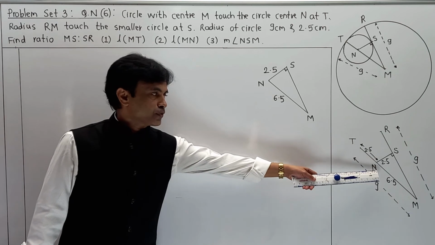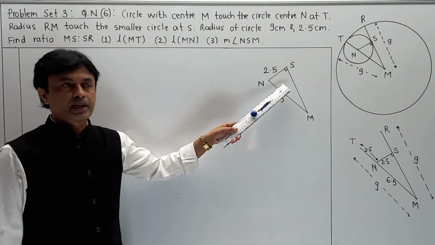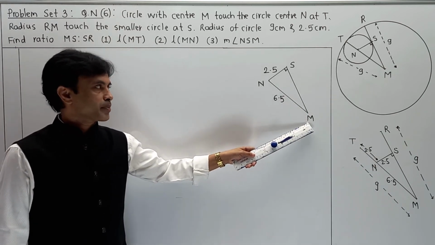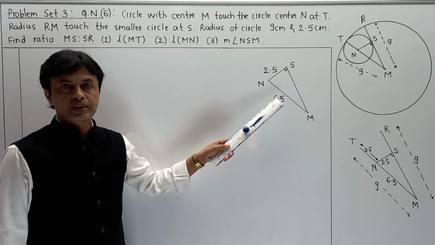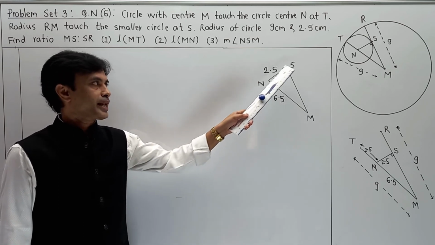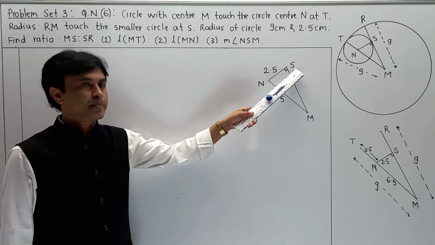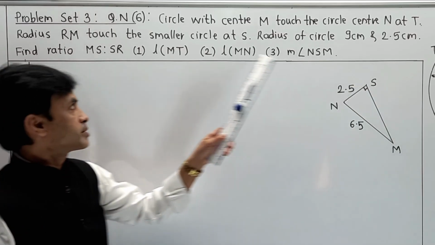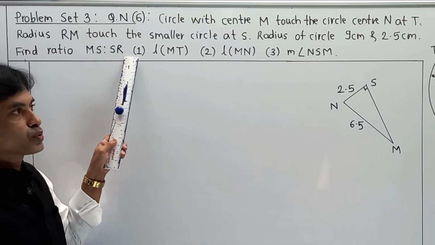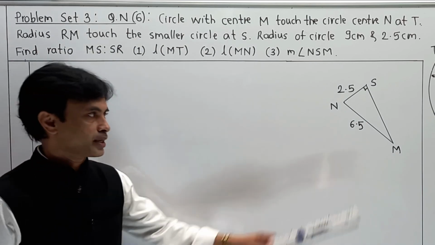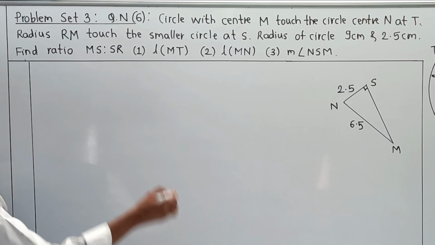Just to eliminate your confusion from this diagram, I have taken it separately over here. So as per this diagram, MN is 6.5, that we have calculated over here. NS, radius of the smaller circle, that is 2.5, and our target is to find MS. Now why do we need MS? Because we want to take the ratio of MS is to SR, and that is our main target. So starting calculation over here, and the fourth part is,